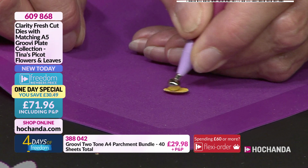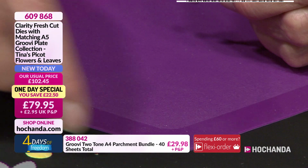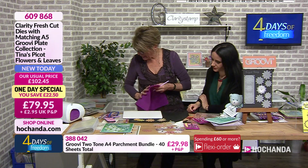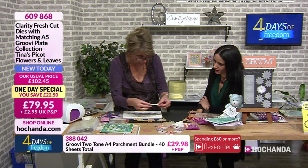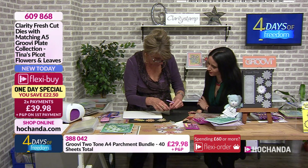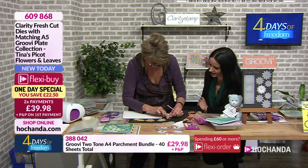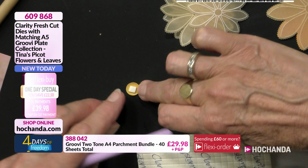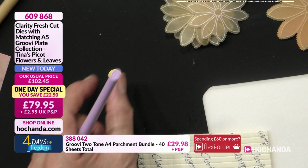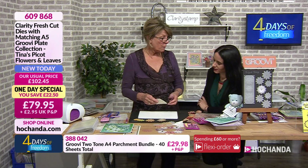And you get 3 in each set, don't you? You do. And they mix and match. So that's one example. And then how would I attach that if I wanted to? You just use those little sticky fixers on the bottom. Do you remember? The foam pads. Foam pads, there you go. And you just stick that on there like so, and then peel that off. So that could be a centre for a start, right? That's one. Right, now, the other way to do it is, of course...